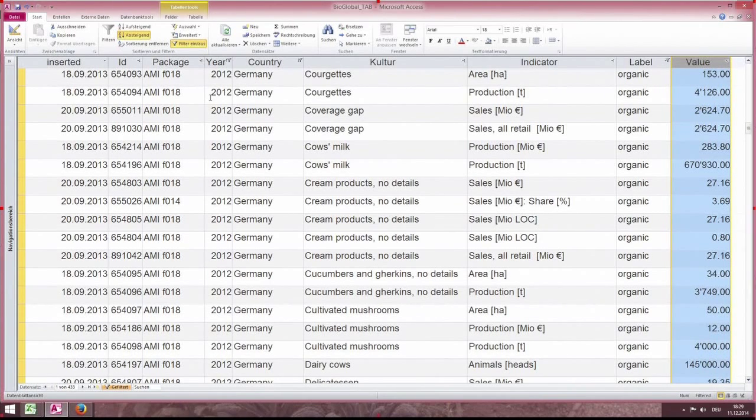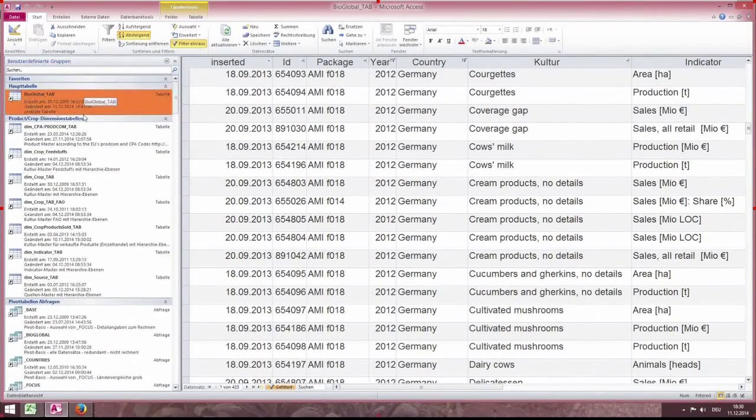This is a very neat and tidy table, but of course we have additional information which is linked to the source, or also to the crop, and we've stored that additional information in dimension tables, as we call them, or lookup tables. We have one for the crop and products, where we classify the crop or product according to the CPA.